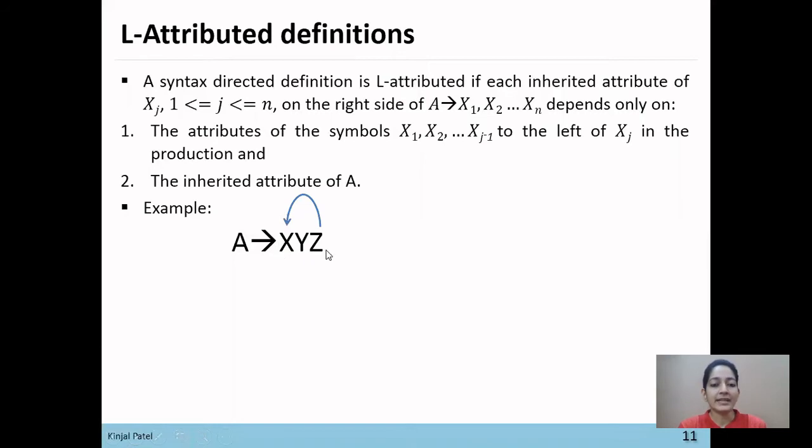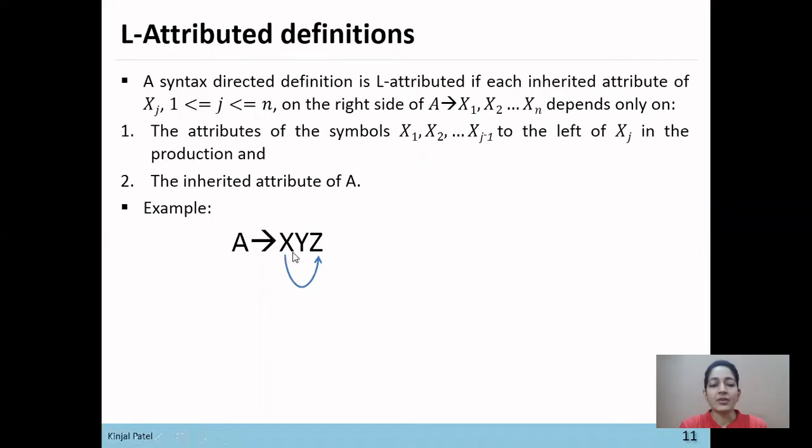That means z can depend on x or y. So z.in can depend on x.in, and z.in can depend on y.in. So if z depends on x and y, then this definition is L-attributed.